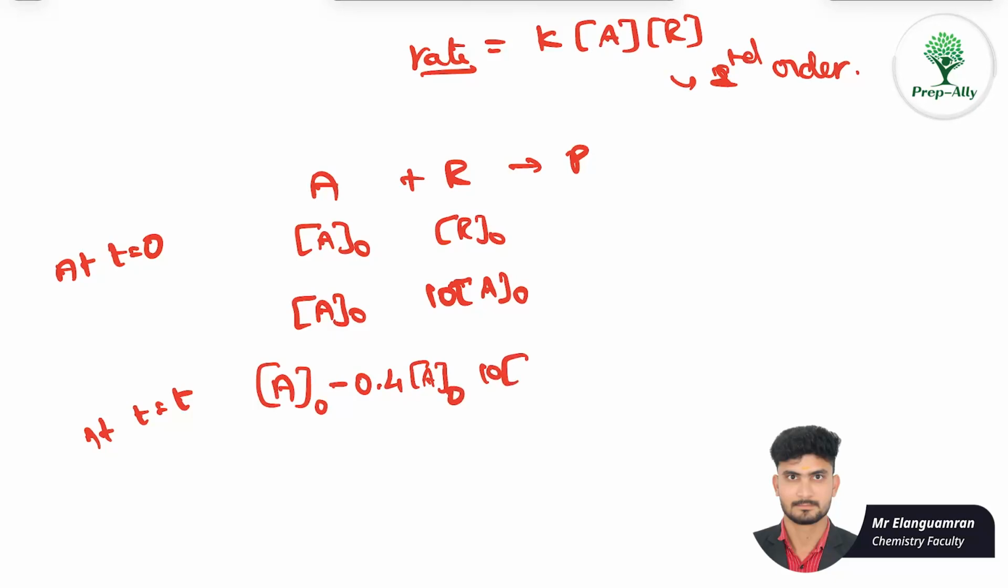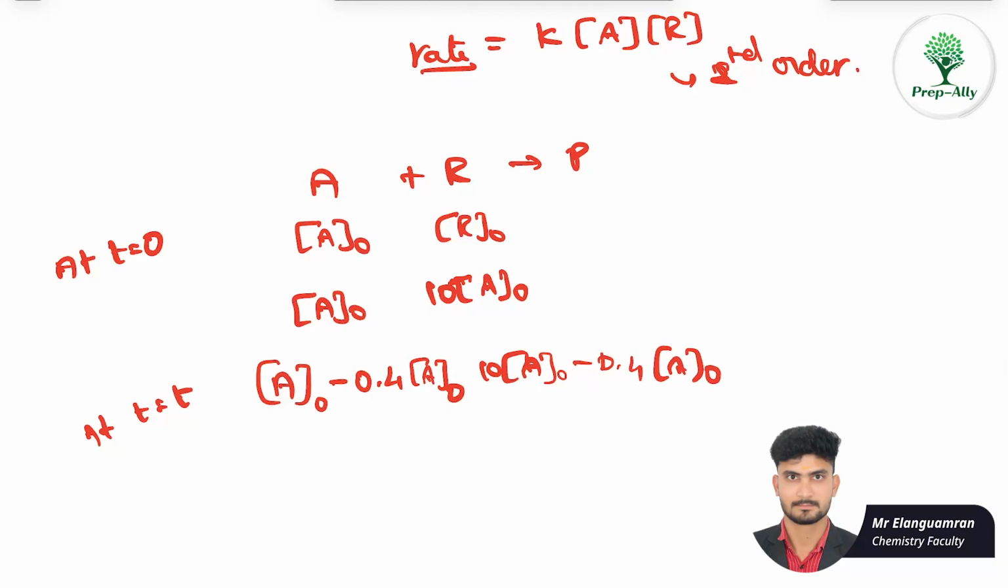And this 10 A naught will also lose 0.4 A naught, 40%. And now at time t, what I have left is 0.6 A naught, and here I have 9.6 A naught. So this was considered to be